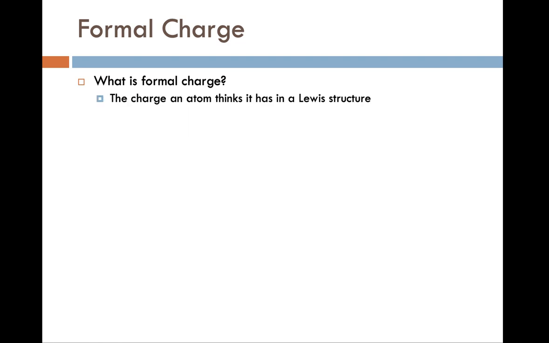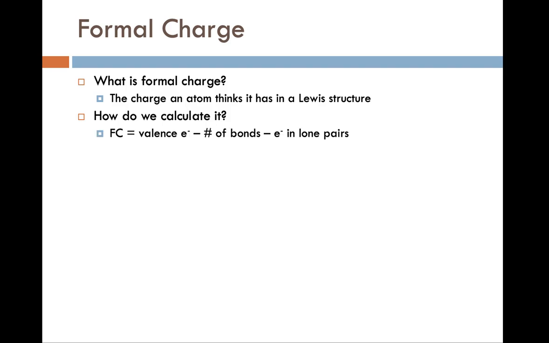So really what this is, it's kind of the charge an atom thinks it has in a Lewis structure, based on all of the things that are attached to it and how it's bonding to everything else. And in terms of how we figure this out, there is an actual systematic formula that we can use. Our formal charge is going to be the number of valence electrons that an atom would normally have, minus the number of bonds that atom is making, minus the total electrons in lone